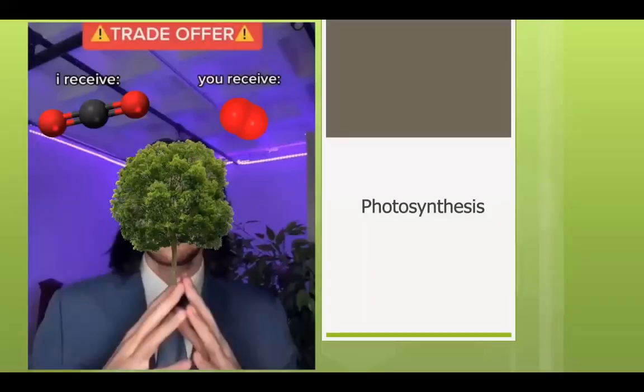So the next two chapters are going to be very closely related. That's photosynthesis and cellular respiration. Photosynthesis is using light energy and converting that into chemical energy, and oxygen is also produced. And then in respiration, you have the carbohydrates that are made during photosynthesis and the oxygen that's made during photosynthesis used to create energy. And so,